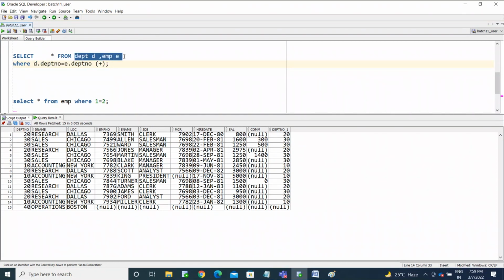The DEPT table is the first table, the EMP table is the second table. So you need to provide the condition in the respective order. Whatever the order of the tables in the joining, you need to provide the joining conditions in that same order. So if you mention E dot department number or D dot department number, it will treat